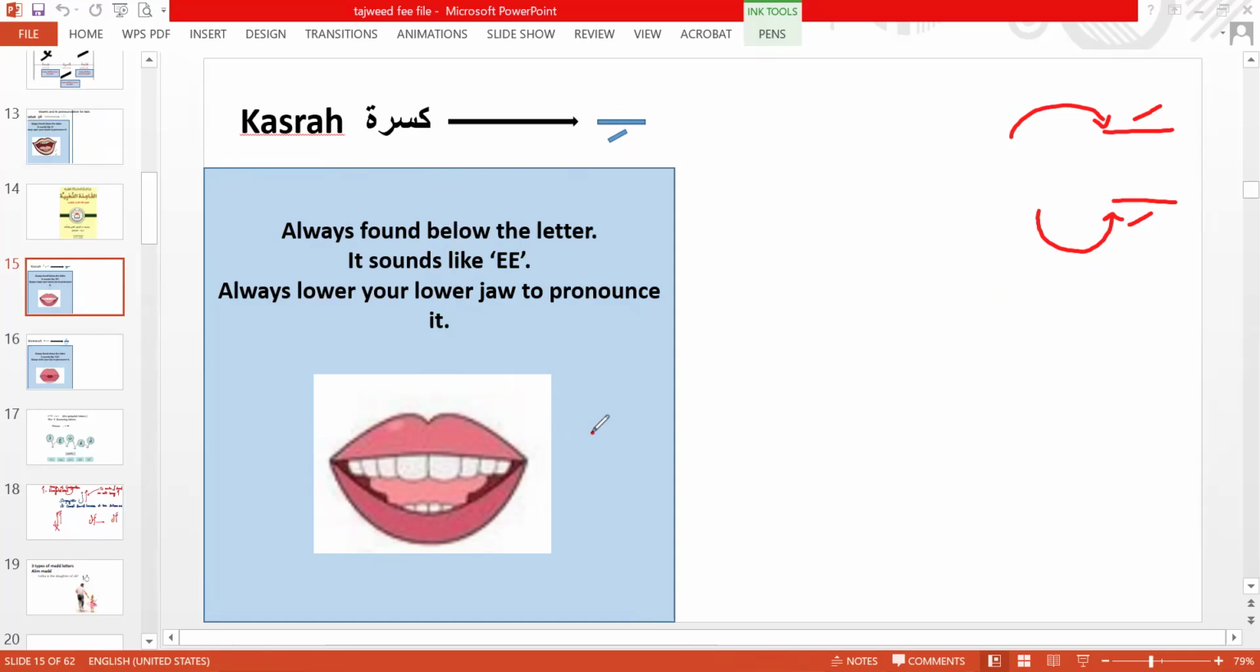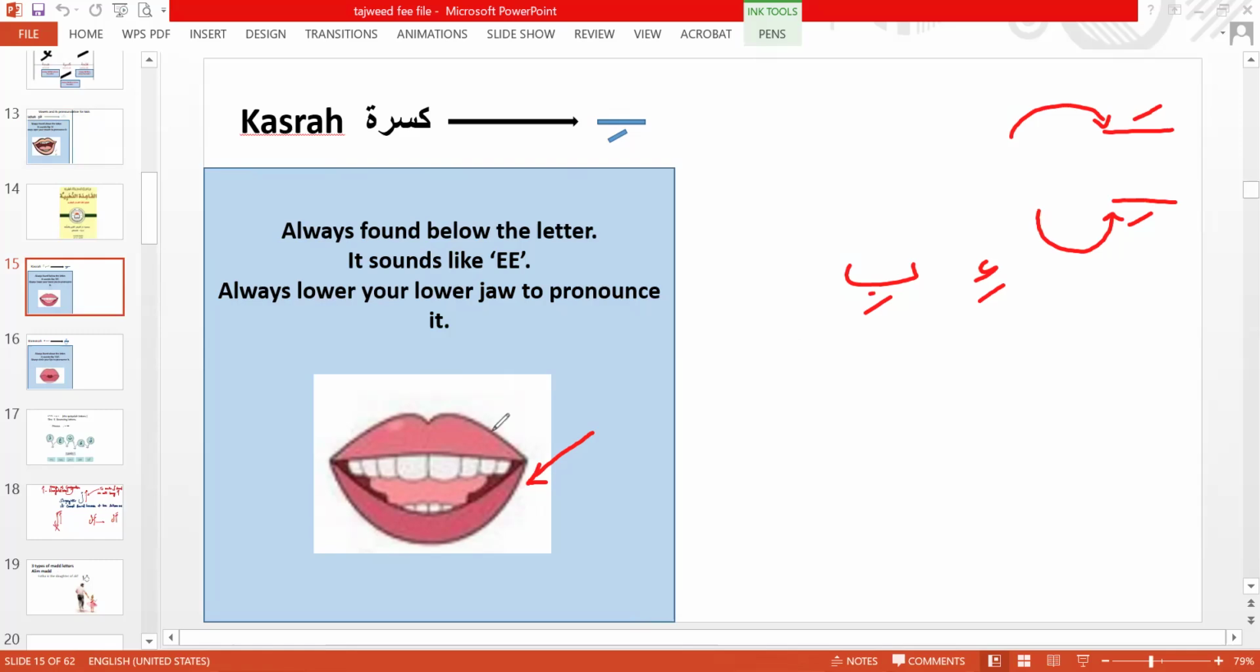And if you are carefully seeing the picture, the lower jaw should be pulled down. You have to take your lower jaw and always lower it to pronounce it. Let's see a few examples: Hamza kasra i,